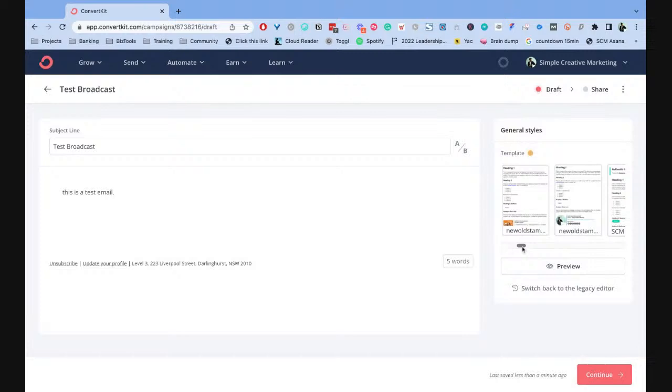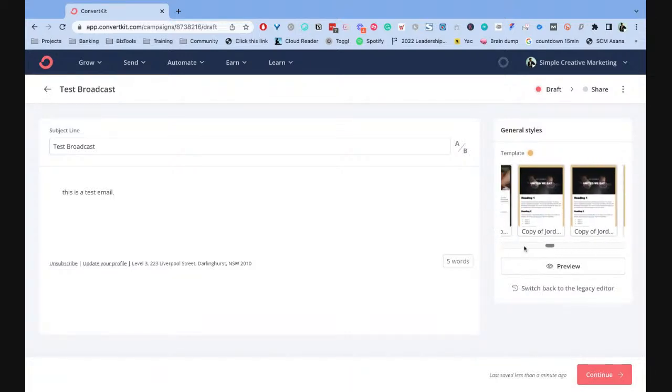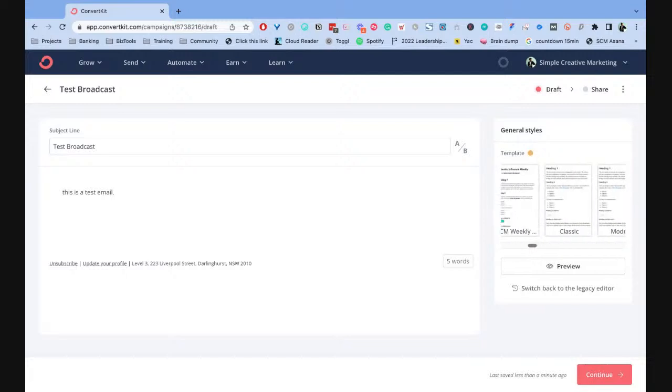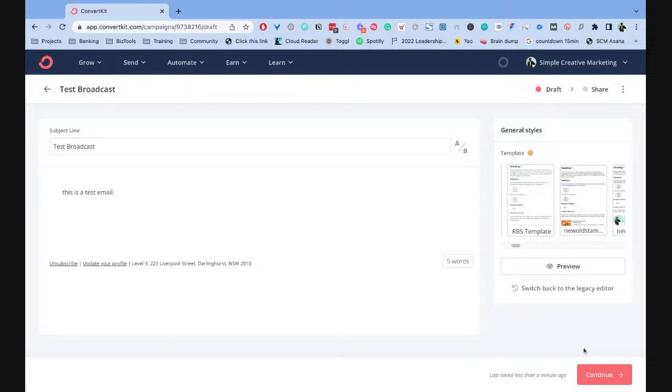I've got one there where I've got my email signature in there with images and whatnot. There's also a modern one, a classic one. These are predefined, and I've just tweaked them. But you can choose your style, right? Which is very cool. You can click on continue,